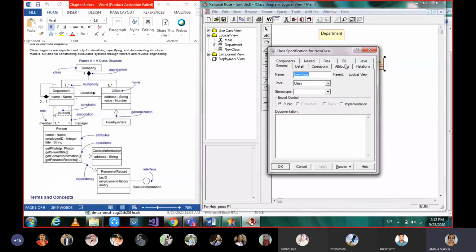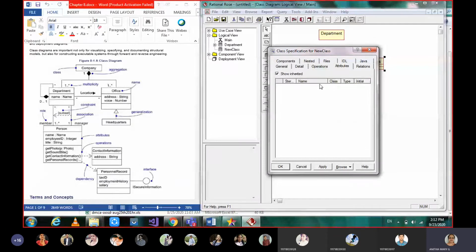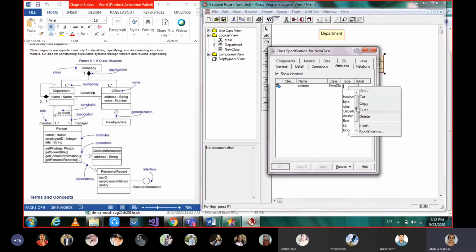Open specification, and for what we want to give, office, we have to give it here. And attributes, if you want to specify anything, insert, address, and type you can specify.